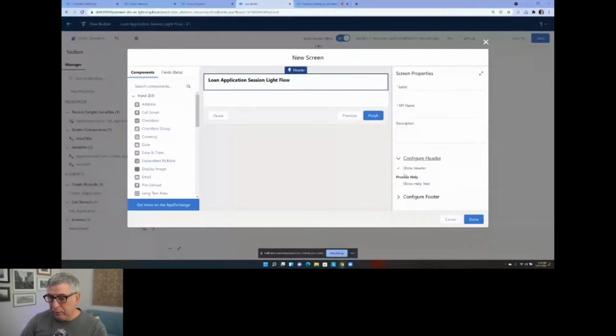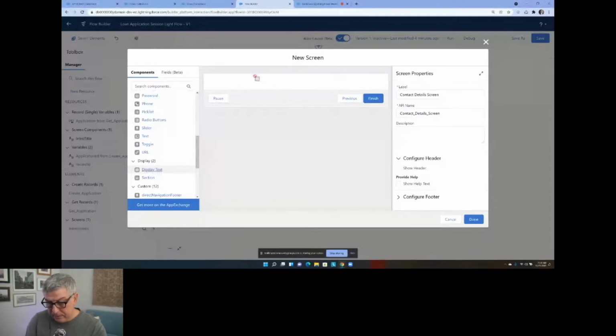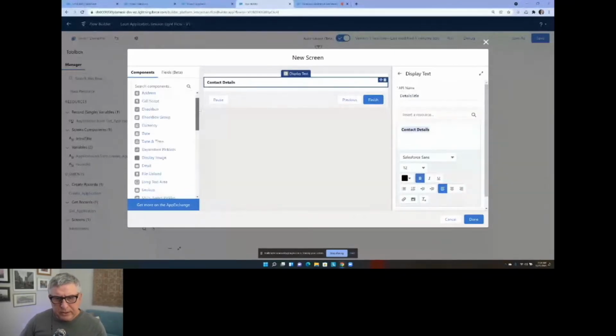I'm going to turn off the header, name this one contact details, and then again drop in a display text component here, details title, and I'm going to start collecting the information here,